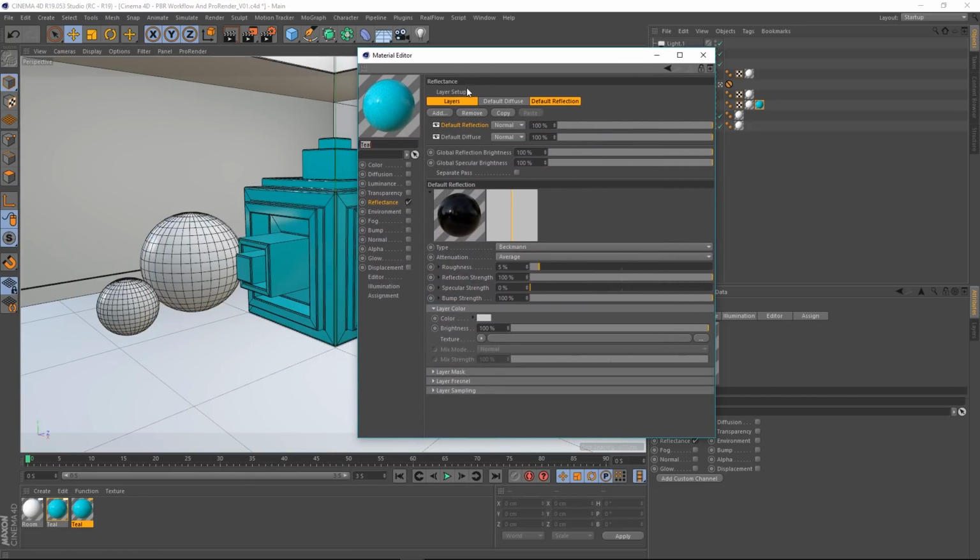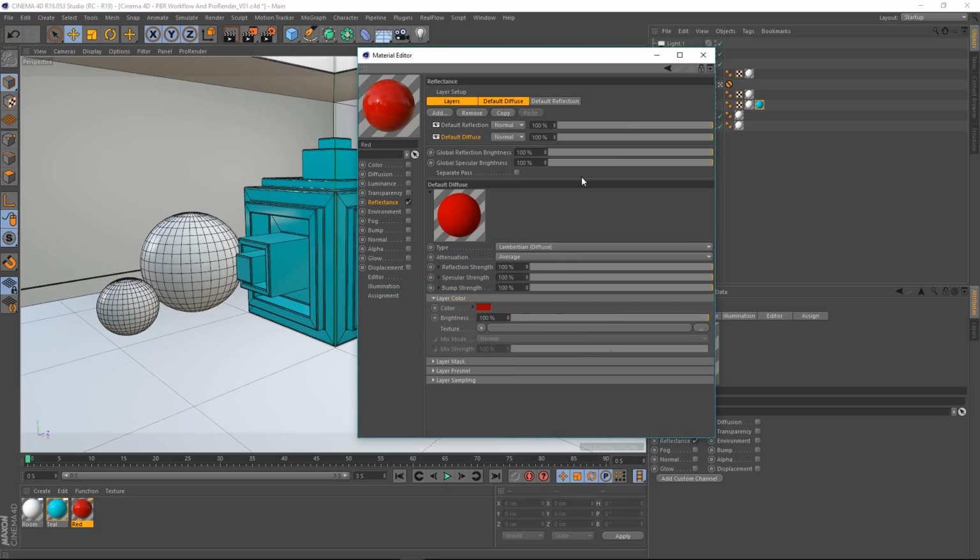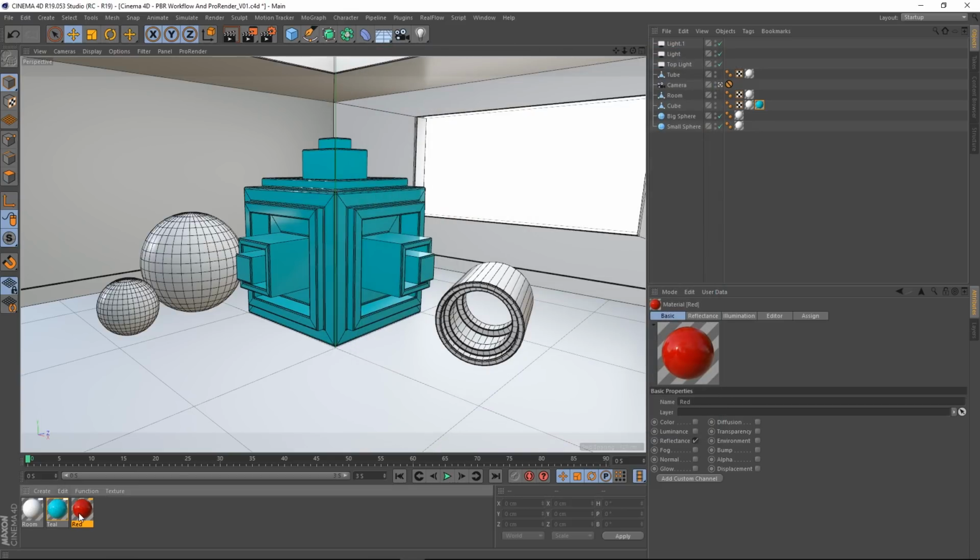I can rename this as well. So let's call this red. And then again, go into our default diffuse. I'm just going to change this to red. Like that. Something maybe a little bit darker than that. Yep, that'll do. And I'm going to apply this to our